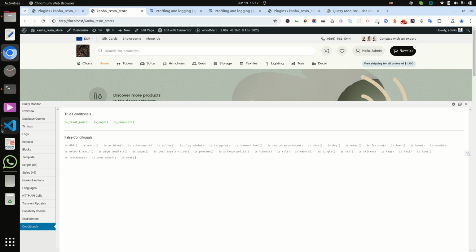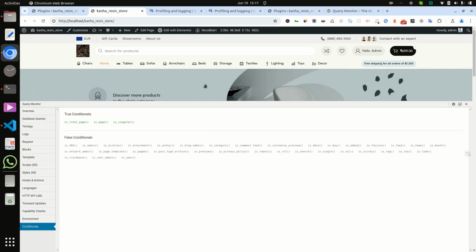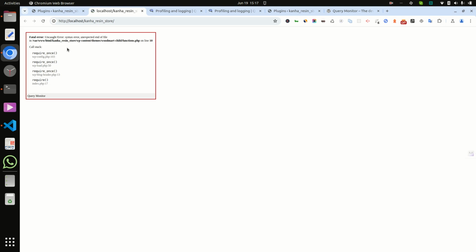And suppose I added one code here, and then save, then if I access this, it is showing an uncaught error, syntax error, unexpected end of line at line 10.